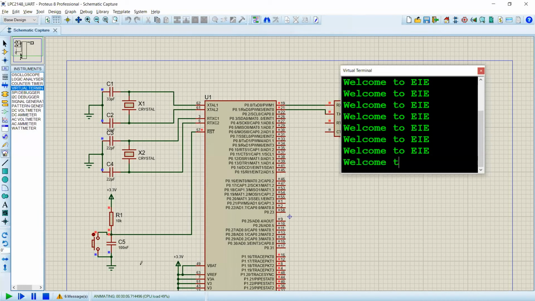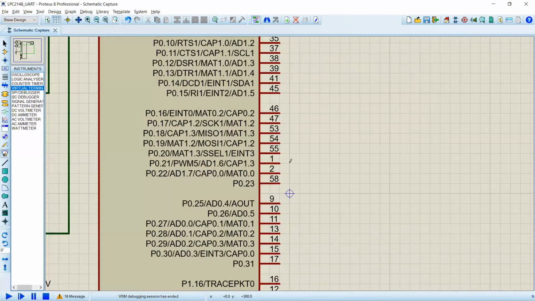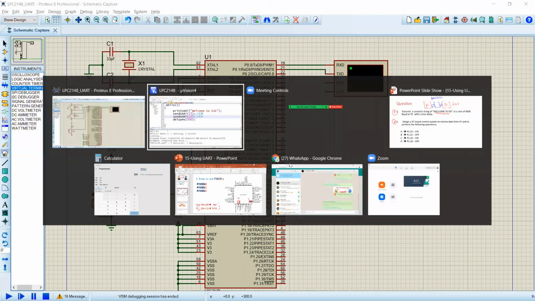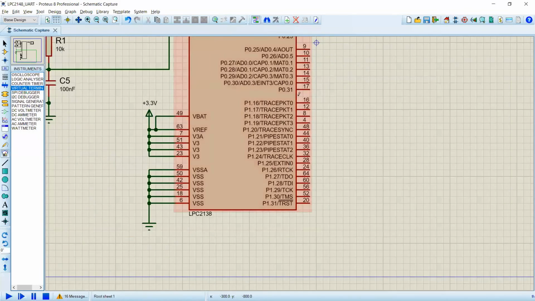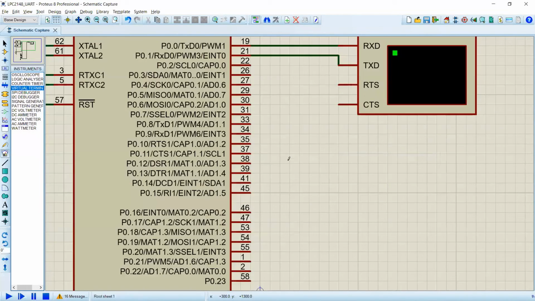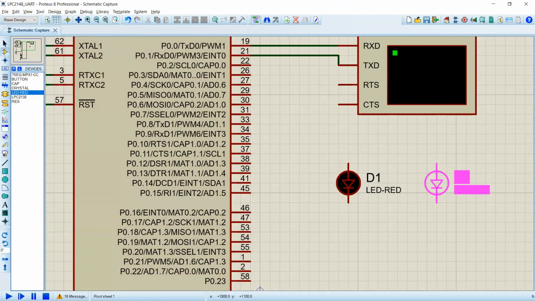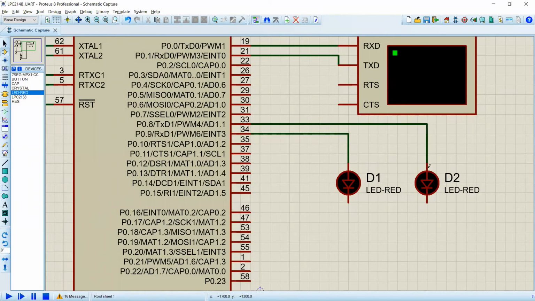So this is regarding transmission. For reception, we will do a home automation problem. In the home automation problem, I want two devices. I don't know where I have given the 1.25 and 1.26, so you can use it anywhere. So I use the same port here itself. Let me take two loads, one light emitting diode and another light emitting diode. One light emitting diode is connected to port 0.9, another one is connected to port 0.8, let us say, and both of them are connected to ground.